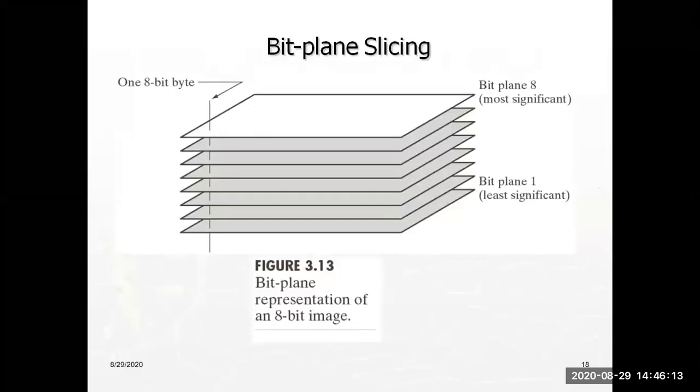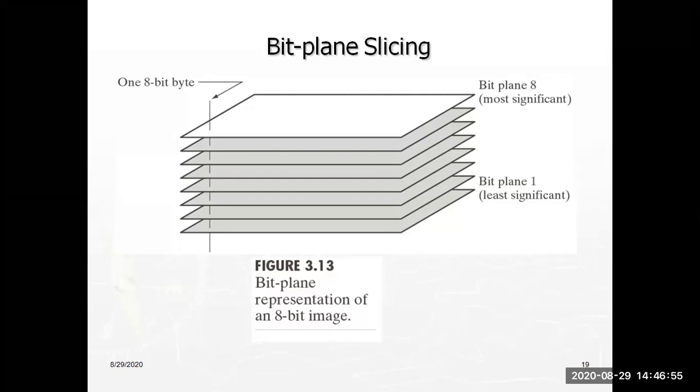Another one is bit plane slicing. In bit plane slicing, suppose you take one pixel value with 1 byte. 1 byte means in a pixel value how many bits? 1 byte means 8 bits. Suppose this is the least significant bit and this is the most significant bit. So my pixel value is converted into binary with 8 bits. That means each dot is equivalent to 1 byte. In a byte, how many bits? 8 bits. And these 8 bits will be arranged as slices, right?